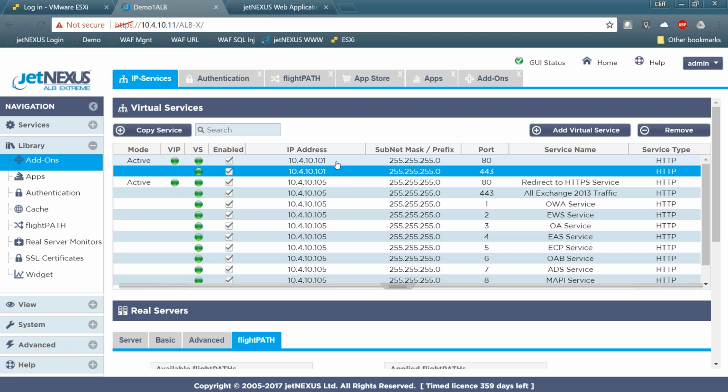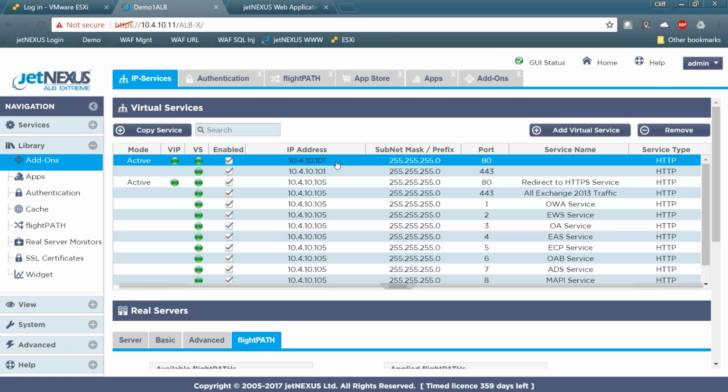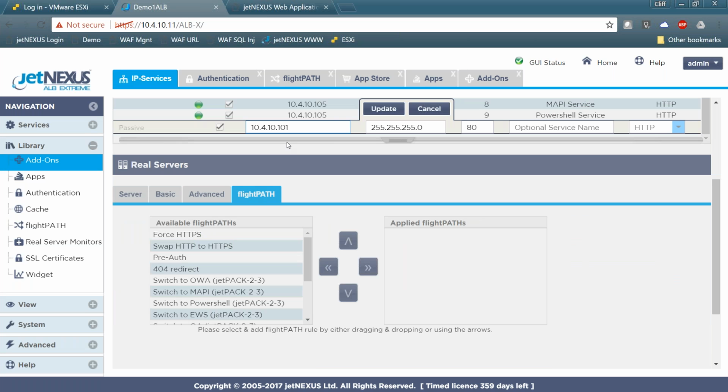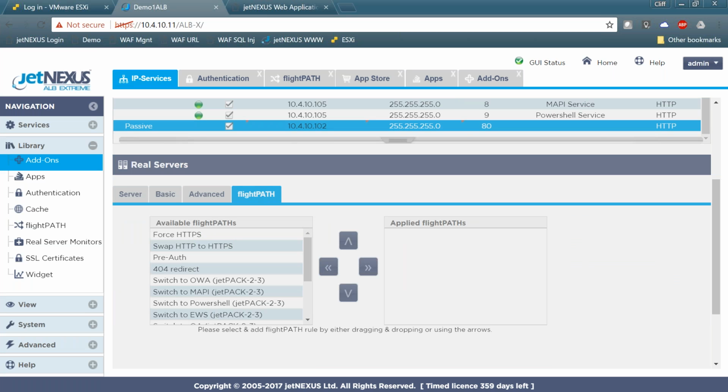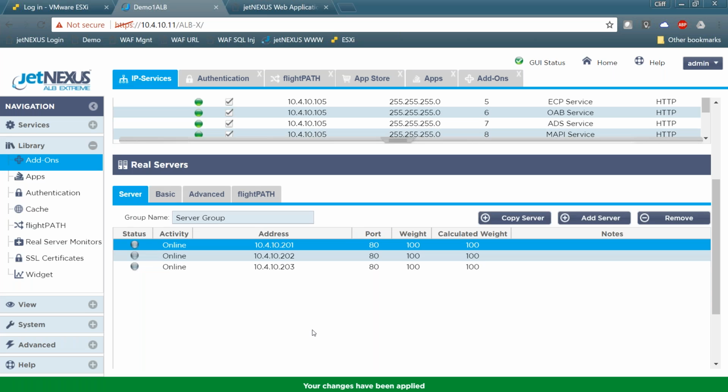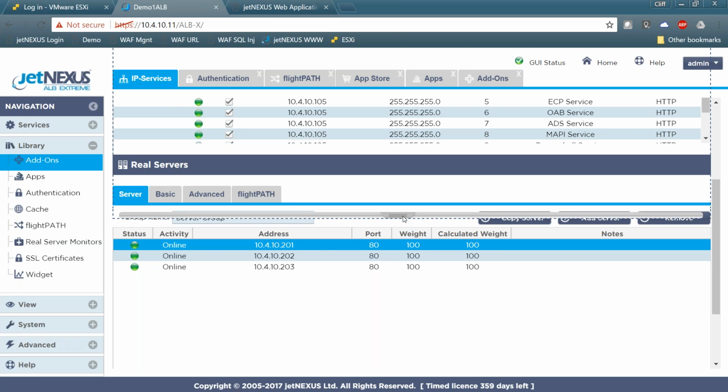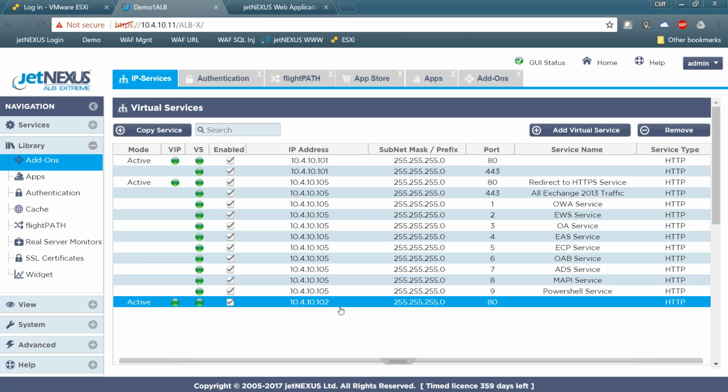So what I'm going to do to do that is copy this service on here. I'm going to copy a service just to speed things up a little bit. In this particular instance I'm going to copy the service to 2 and update that. If you remember, that is the IP address that was being protected. And what I need to do as well is copy that service, my 2 service there, just copy that one again,